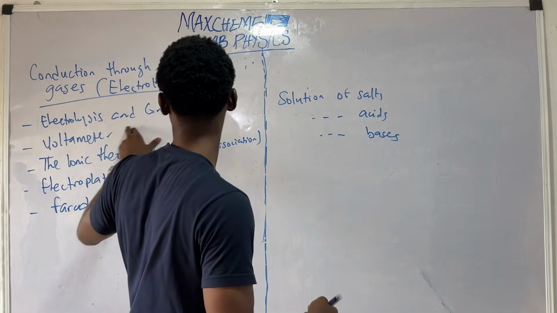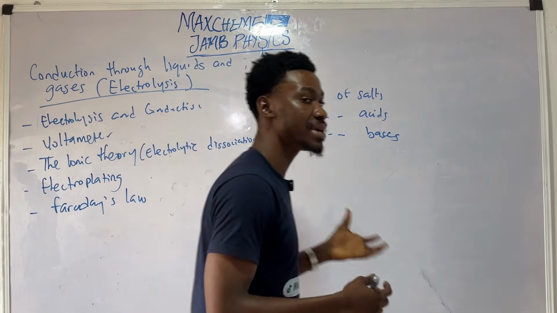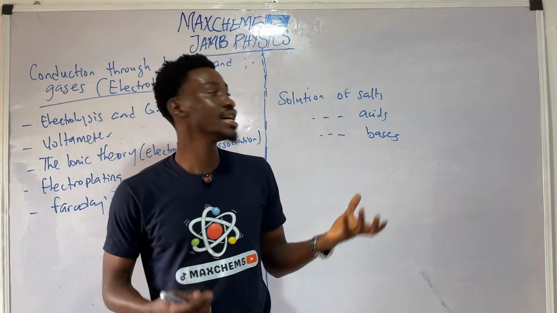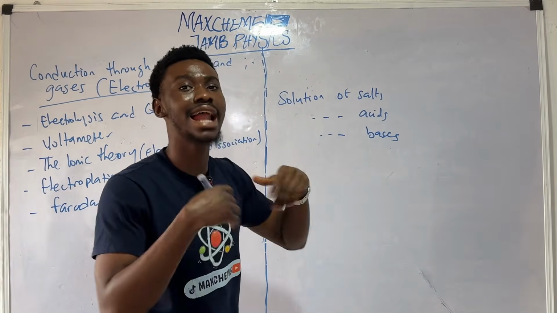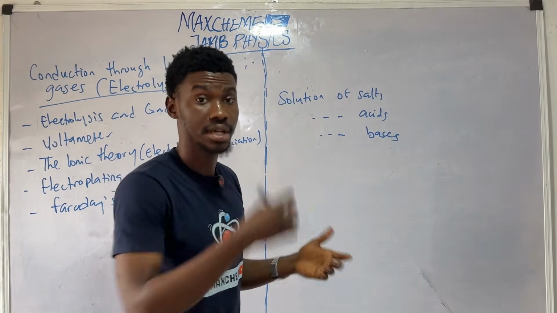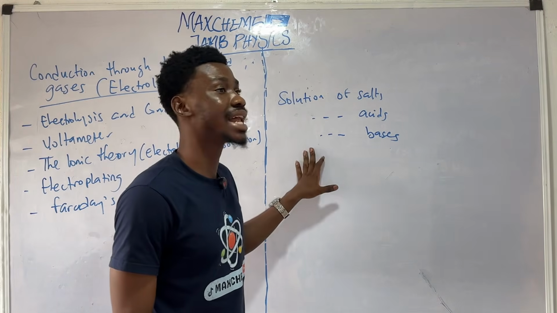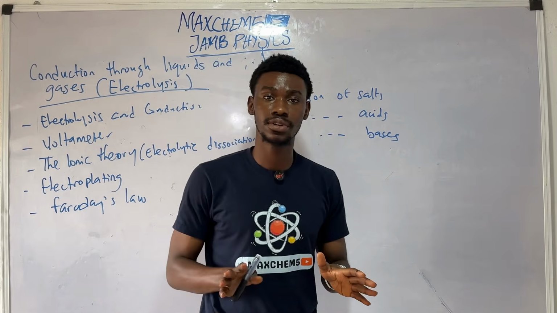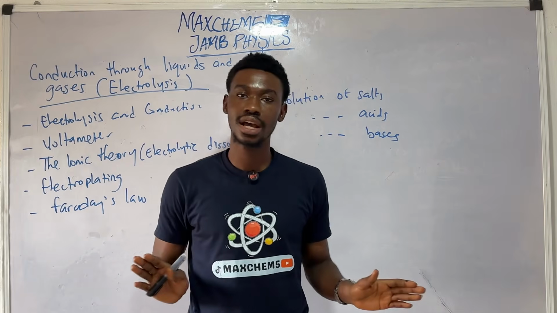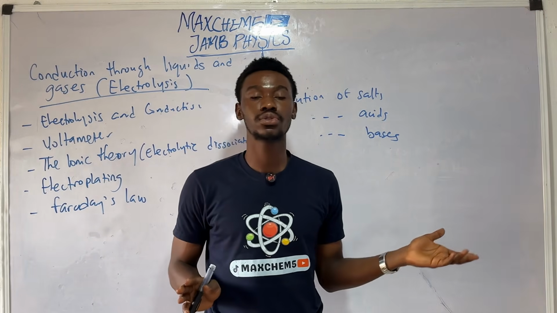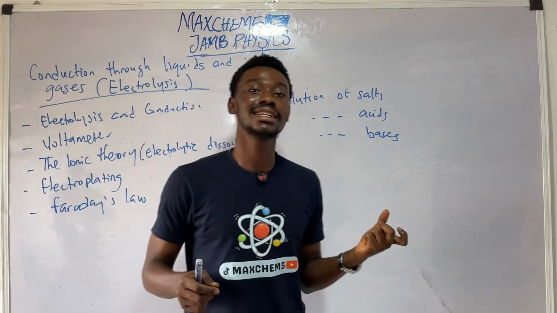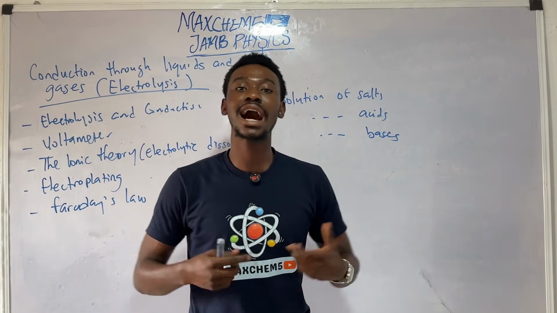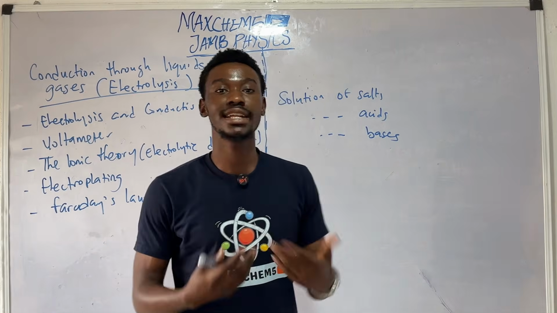Next, I would like to talk about the conduction mainly and how that process occurs. Like I said earlier, solutions like salts, acids, and bases allow the flow of electricity. But pure water in itself is a poor conductor, so it is not an electrolyte. An electrolyte is any substance that when dissolved in water allows the free flow of electricity.